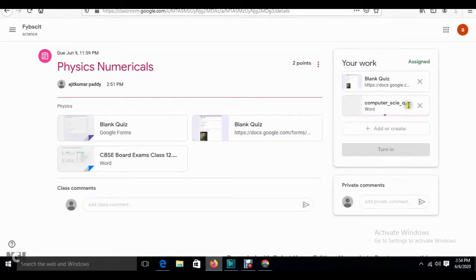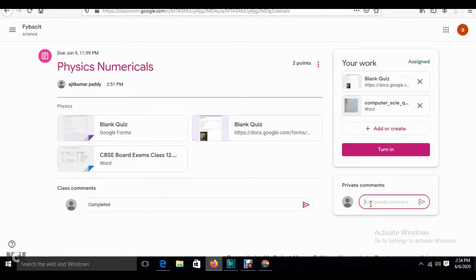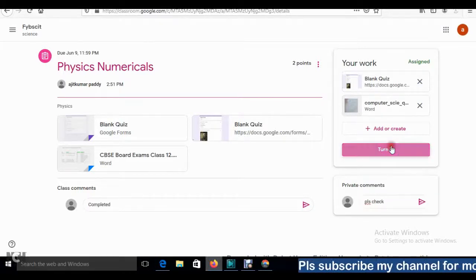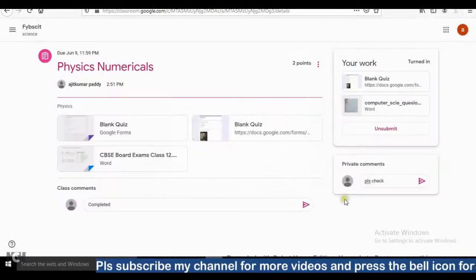Both you have done. Now I will turn in. But before that, if you want to comment, then write completed. And over here also you can add a private comment. Now you can sign that turn in. Now turn in. Okay, it is completely done.